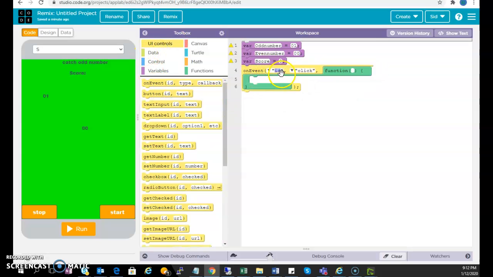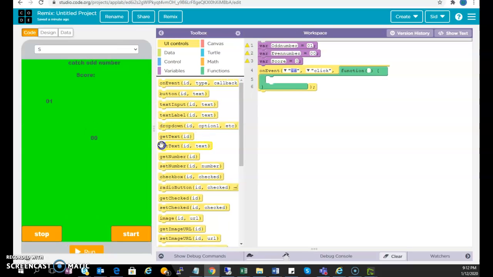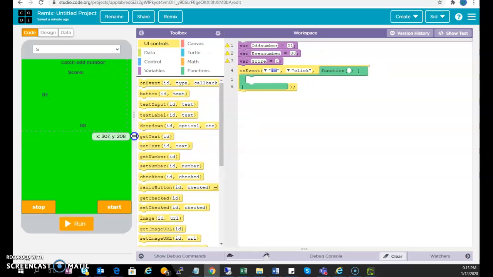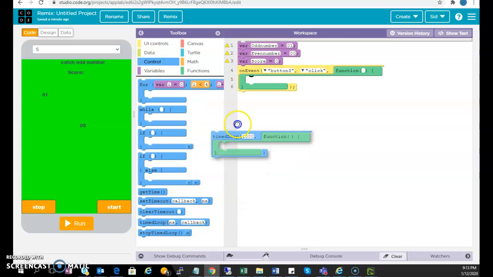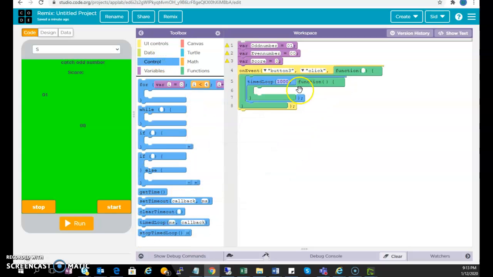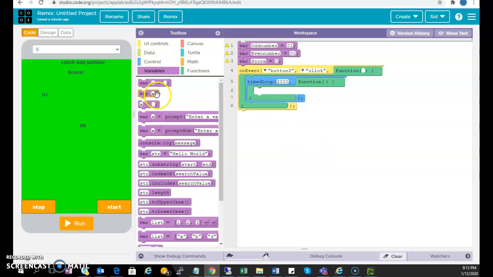when button 3, which is my start button in the design here, you can make this bigger if you want, guys. Just drag it along. So when button 3 is clicked, you want a timer loop to begin. Just place that right inside of that and change the function to 2000, if 2000 equals 2 seconds. So we're going to go into variables,